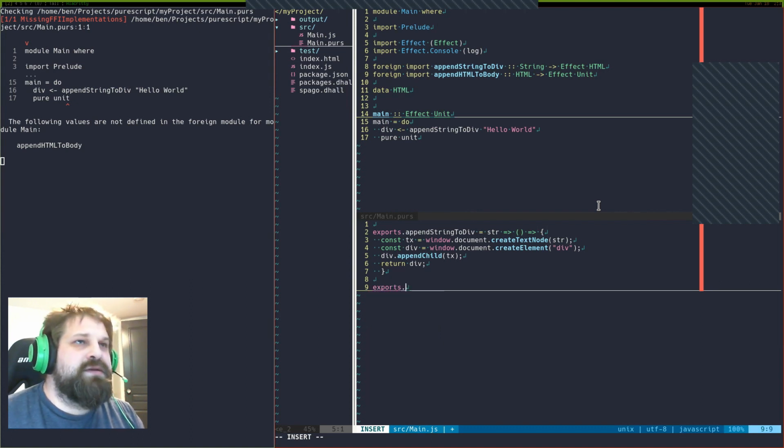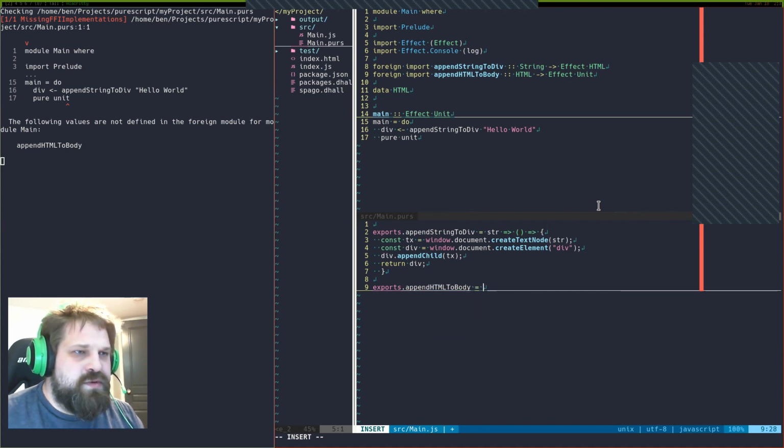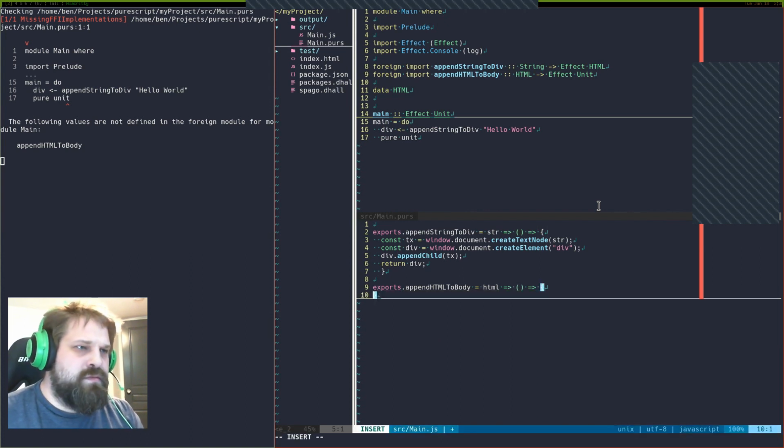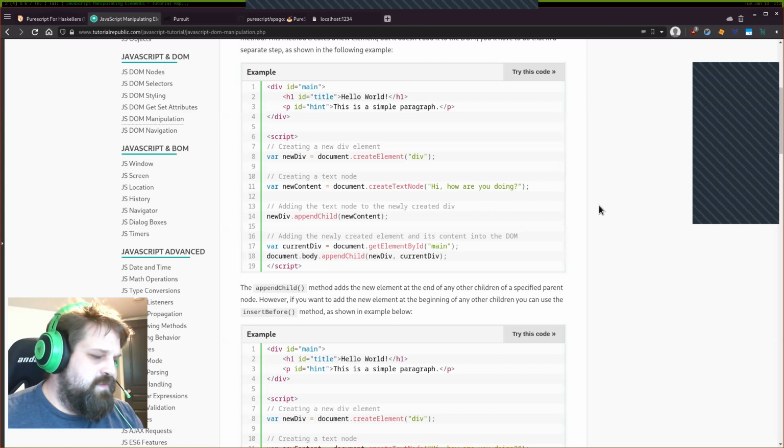Exports dot append HTML to body equals, we'll just call it HTML. Again, we're creating an effect, so we throw in an extra curried function. And all this is, I think, is going to be window.document. They're fine with just document.